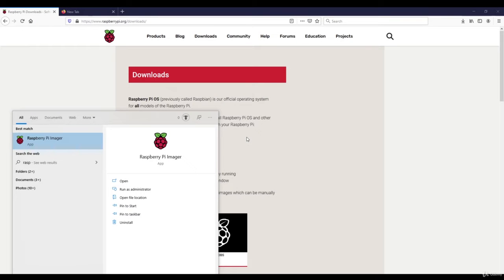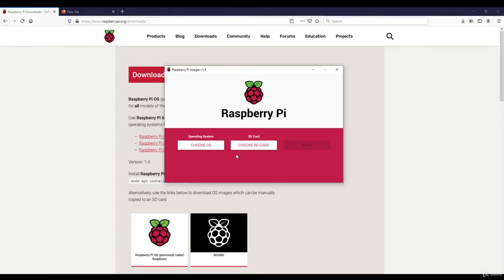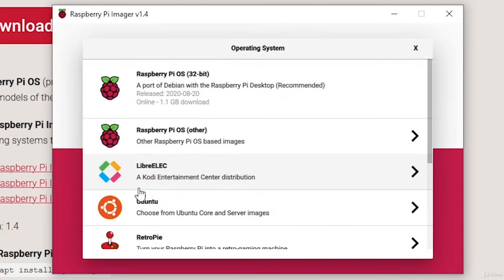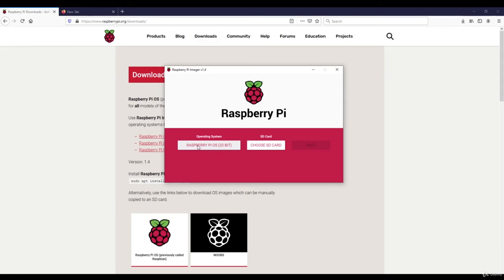Okay, now that the Raspberry Pi Imager is installed, simply start it. And here it is very simple. First, you are going to choose an operating system here. So click on Choose OS, and you are going to click on the very top one, Raspberry Pi OS. So you click on Raspberry Pi OS, and that will download the operating system and flash it into the SD